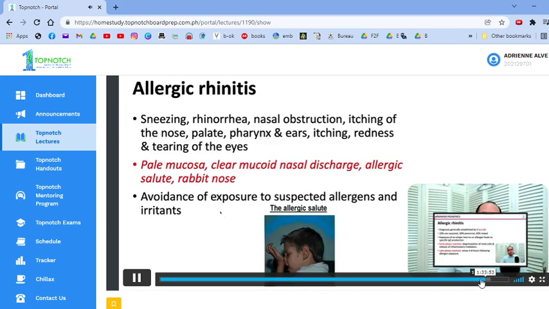It presents with sneezing, rhinorrhea, obstruction, itchiness. Okay? And sometimes even your ears and your eyes are affected. So you can have itchiness of the pharynx, the ears, the eyes, okay, and not just the nose. Okay? On PE, you can see your pale mucosa. Okay? There could be a clear nasal discharge, and this patient's clinically usually may mga mannerisms yan, such as the